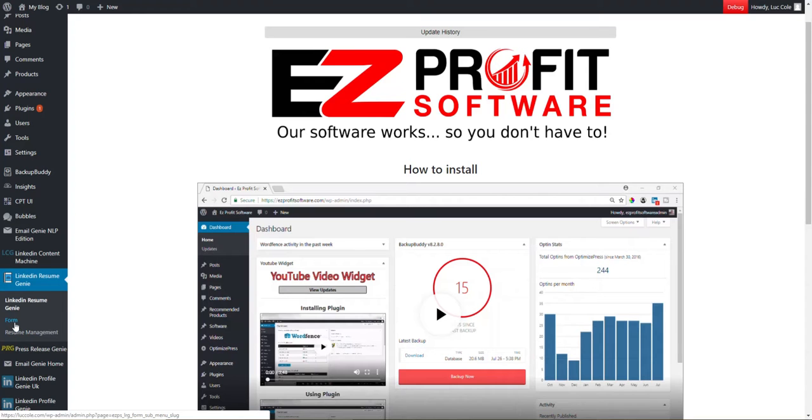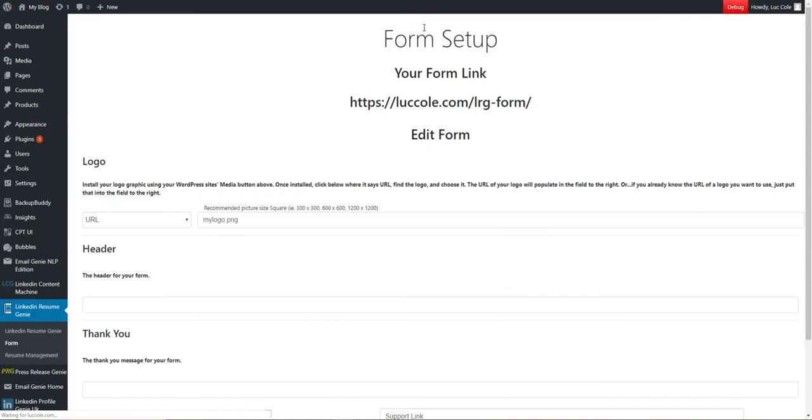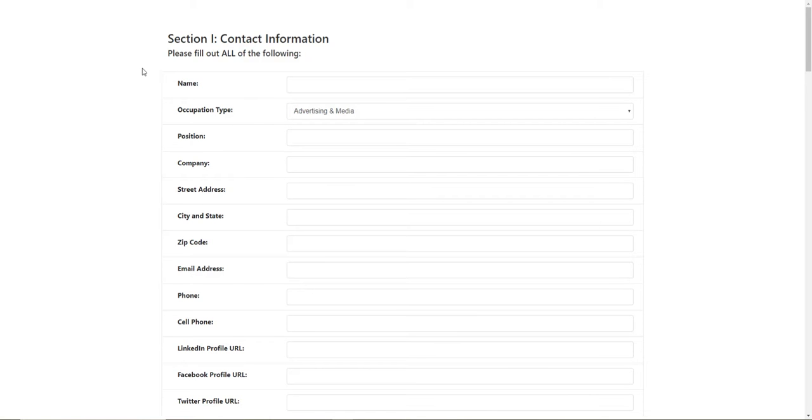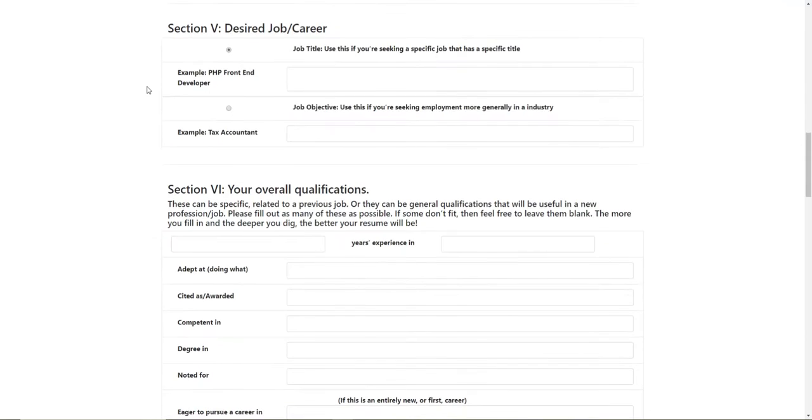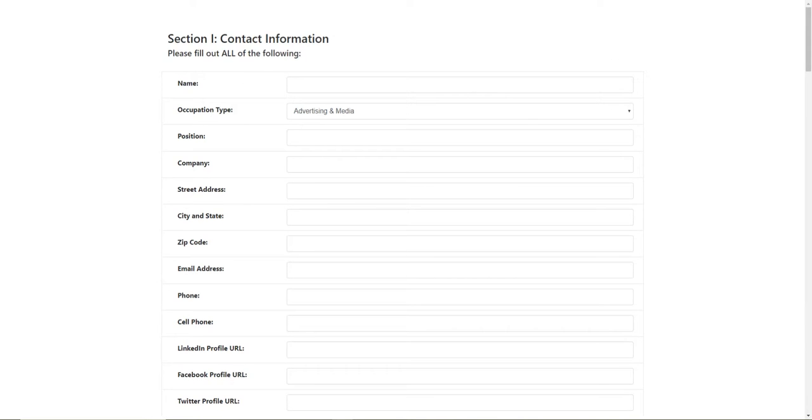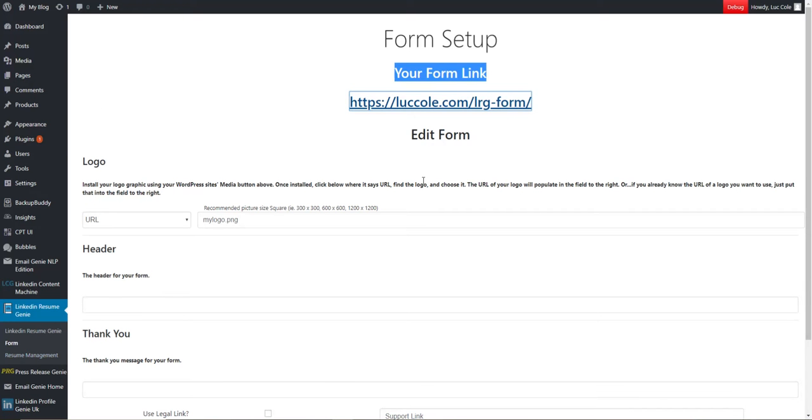Now, the first thing you need to do is go to form right here. So, your form link, click this, and it will bring you to a new web page with the form. So there are two ways to make a resume. You can either make it manually yourself, which I'll show you in a second,